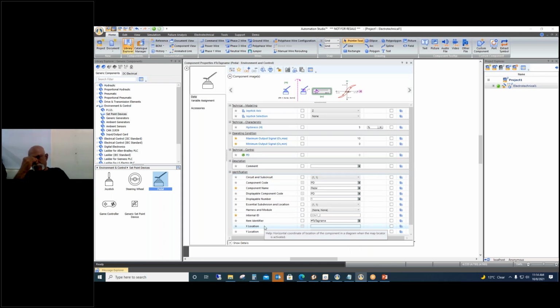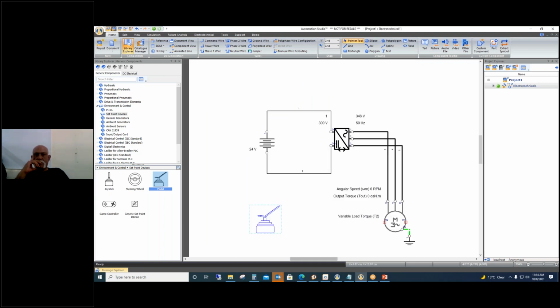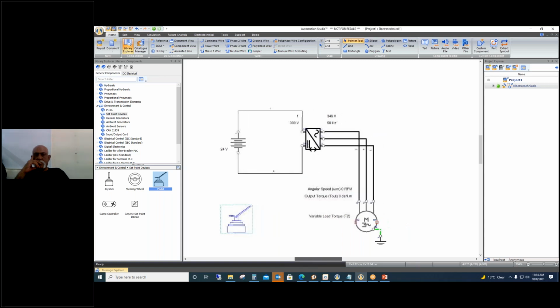For that, I'll need to change the minimum and maximum output signal of this pedal. So minimum I'll keep at 0 and maximum I'll keep at 50. So the output of this pedal will be a frequency ranging from 0 to 50. Now I want to apply this frequency to the rectifier.